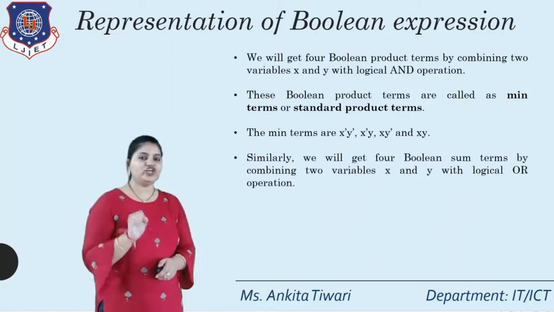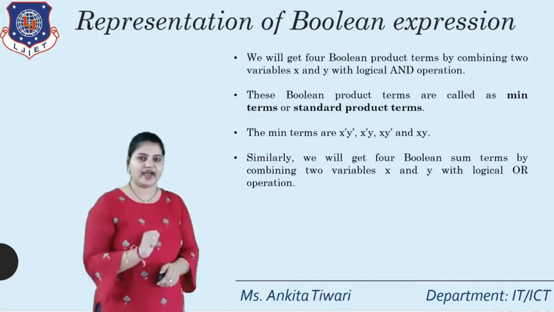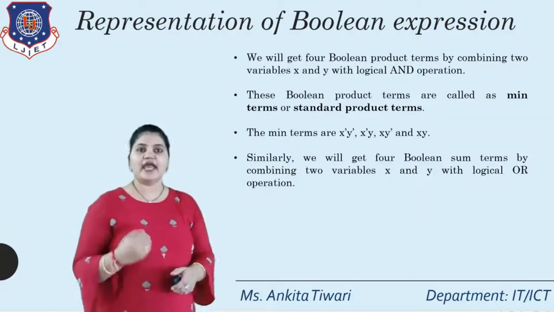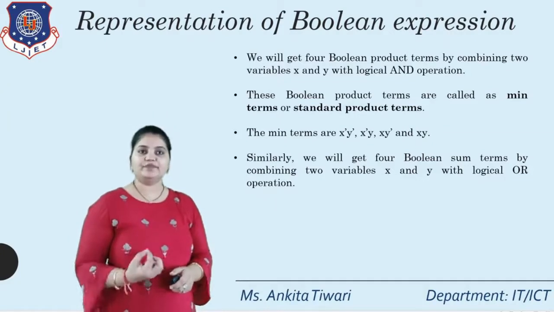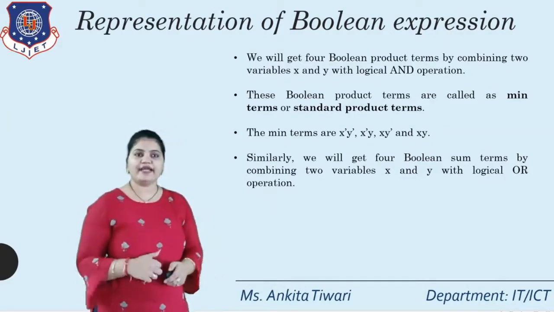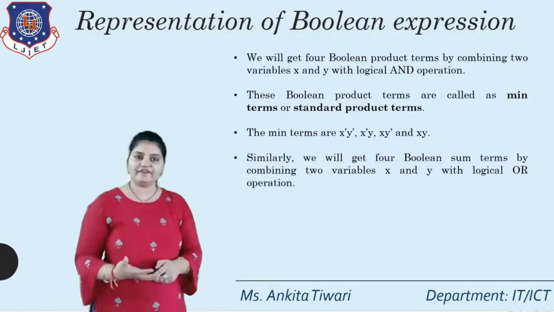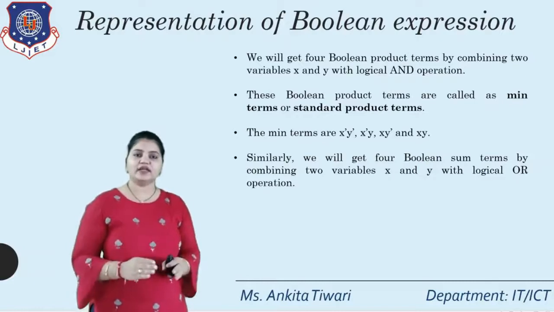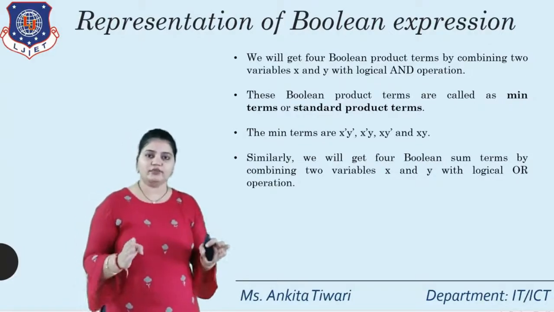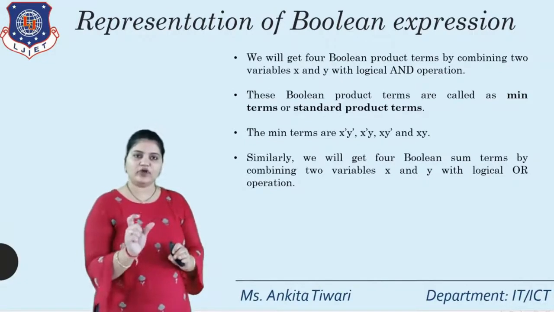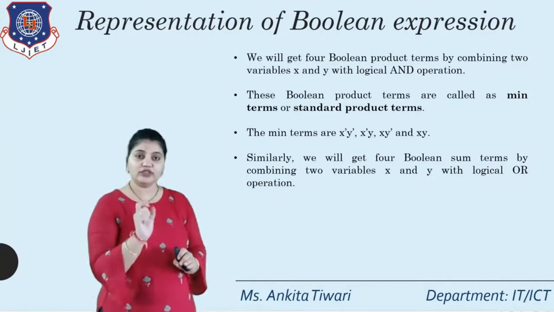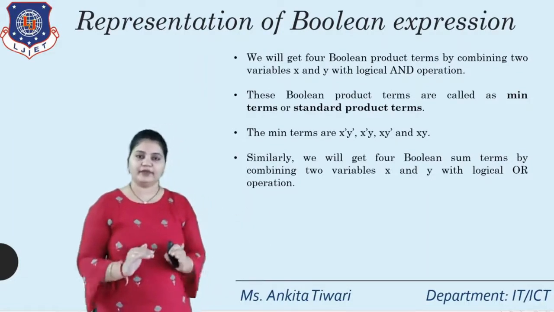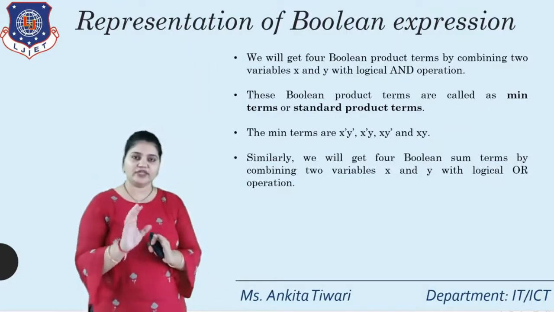So for min terms, if I am taking 2 variables, x and y, the 4 possible combinations are x dash y dash, first; second, x dash y; third, x y dash; and fourth, x y. Now as you can see, the 4 terms are taken such that x dash y dash includes a dot between the values, and all the terms will be joined with plus in the middle. So this is the concept of SOP.